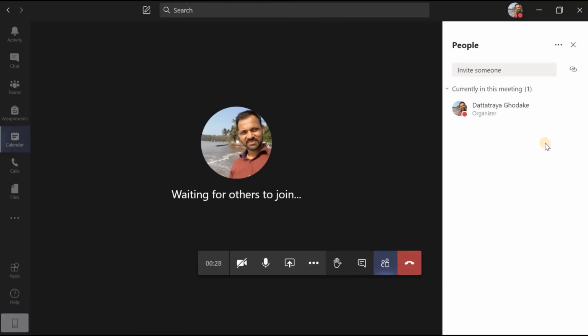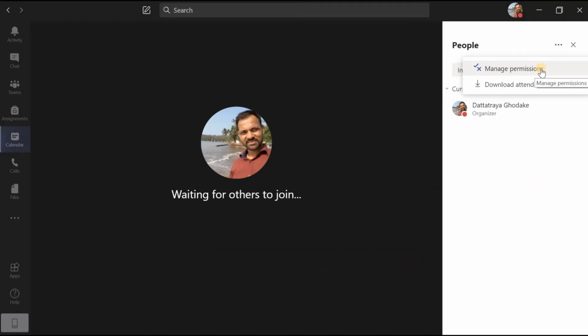Now with me only, we will discuss a few controls regarding this meeting. Go to the uppermost right corner. Here you find three dots. Just click on this and you will get two options: manage permissions. It means suppose you are in a meeting with your students, and we know our students well. When we start our presentation, somebody may stop it and start presenting something else, which is a mischievous thing.